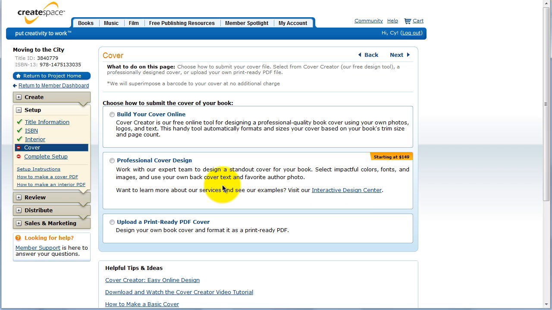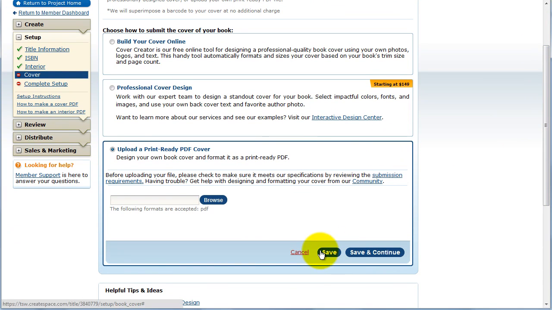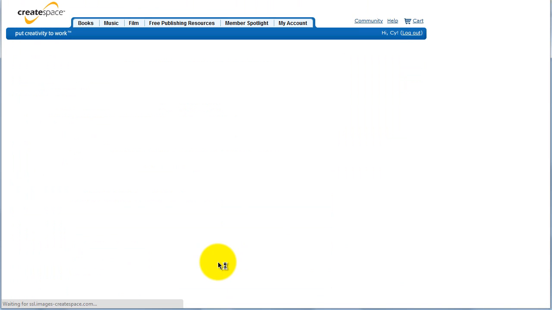And this is where I think you can really make a difference in who's going to pay more attention to your book. Go ahead and upload a PDF cover. You can end up coming out with a much more attention-getting cover design. If you go to the submissions requirement page, download cover templates,